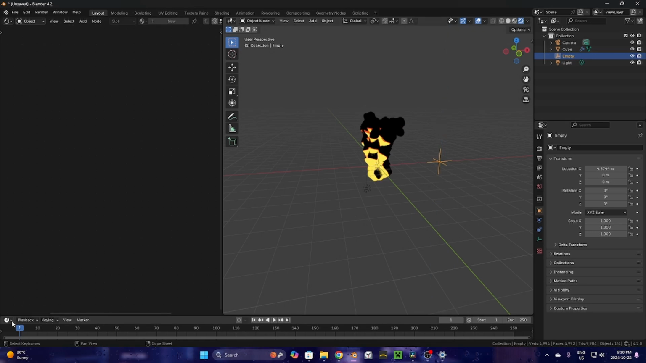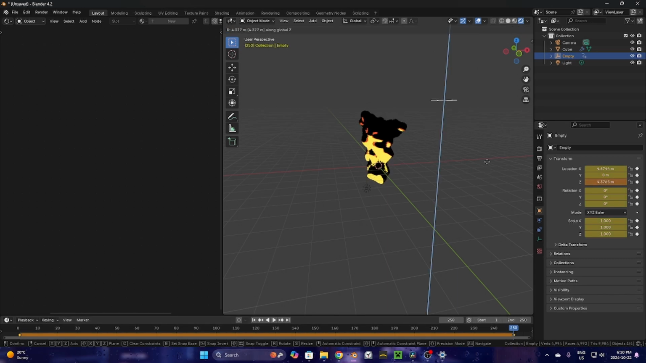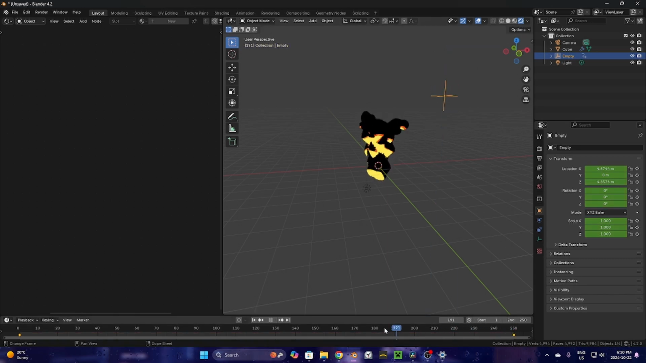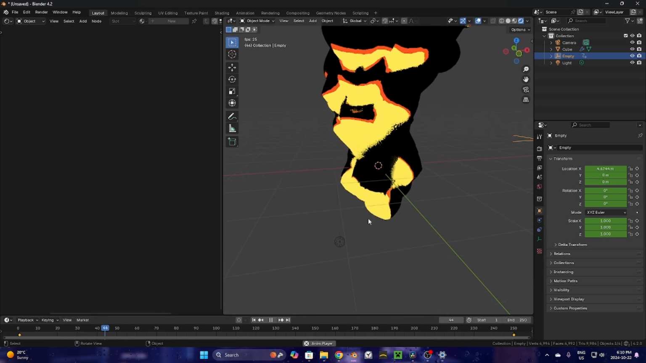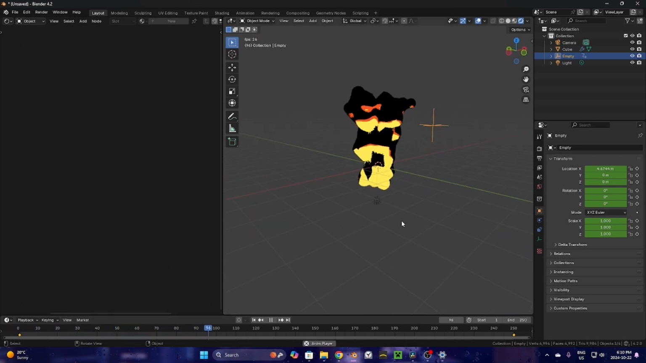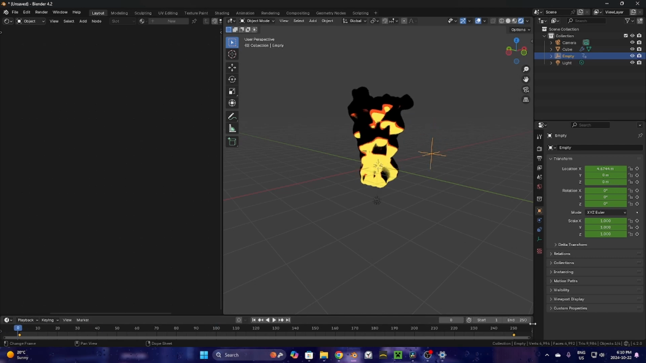So at the beginning of your timeline, set a keyframe, go to the end, set another keyframe, and then move it up. And what we got, some nice billowing effects. Now all we need is to make it look a little bit more like it's actually exploding out